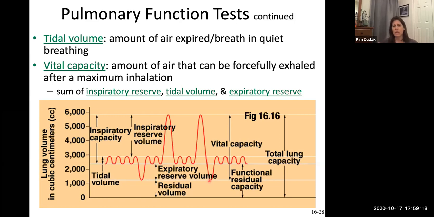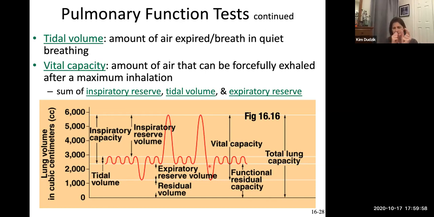So what you're doing when you're measuring from the very ends of how much you can breathe in to how much you can exhale, which includes the amount of normal breathing, right? That's your vital capacity. So that includes, again, your inspiratory reserve, your tidal volume in the middle, and your expiratory reserve. Did I say inspiratory over there? So this whole thing, all the way down, is your vital capacity.